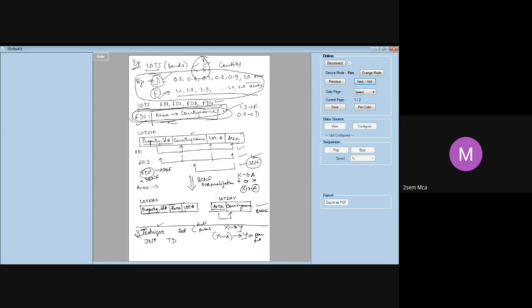Any doubts in any of your internal portions? That's why I shared the syllabus yesterday. If you have any doubts, you can come back to me so we can spend one hour clarifying your doubts or repeating any of the concepts, because our dates are not announced, so we have some time to do something.